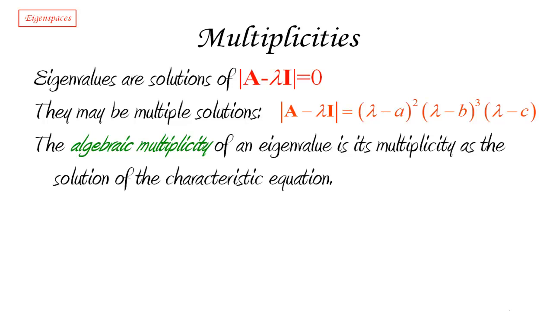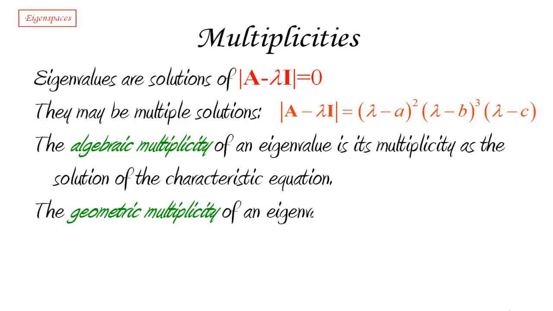So if the characteristic equation looks like what you have in front of you, then A will have algebraic multiplicity 2 as an eigenvalue, B will have algebraic multiplicity 3, and C will have algebraic multiplicity 1. Why do we need to add the word algebraic? Well, because there is another kind of multiplicity that we can consider, and that is the geometric